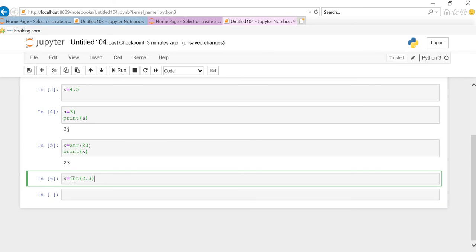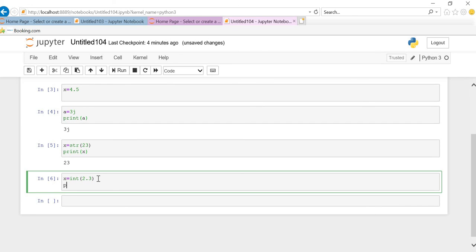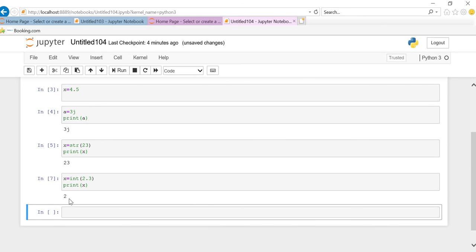This time we are going to ask it to print x. Now if we run this code, it will give 2 as it has removed the decimal point.